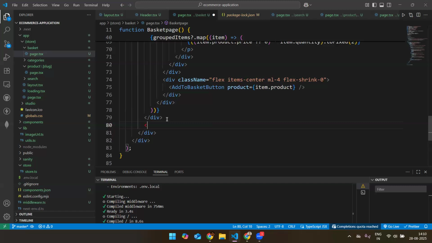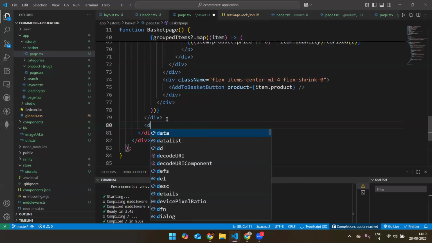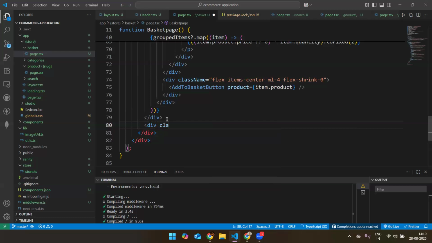What this does is, I will say div class name,